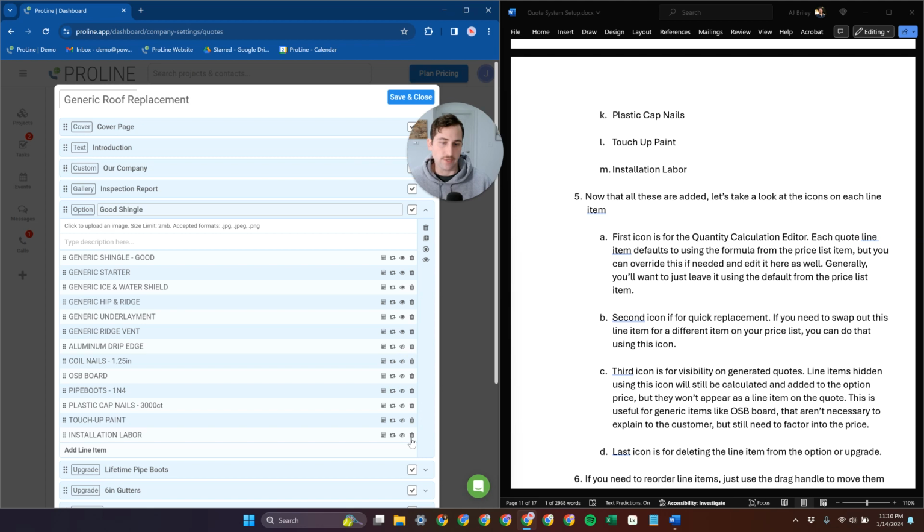Lastly, of course, we have the ability to just delete a line item. And so that's what this last button here does. Over here on the right, there's some more options. One of them is the duplicate option, which is what we're about to use to duplicate this out and make our better and best options. This allows you to swap an option and turn it into an upgrade or vice versa. There's different cases where you might need this. It's usually not going to be in roofing, but